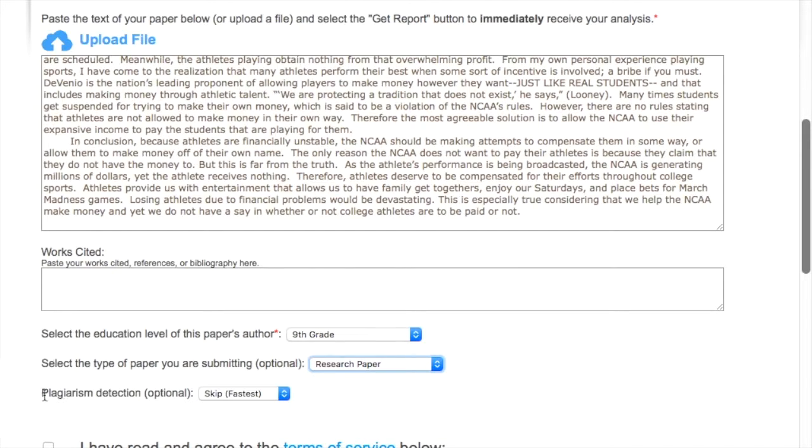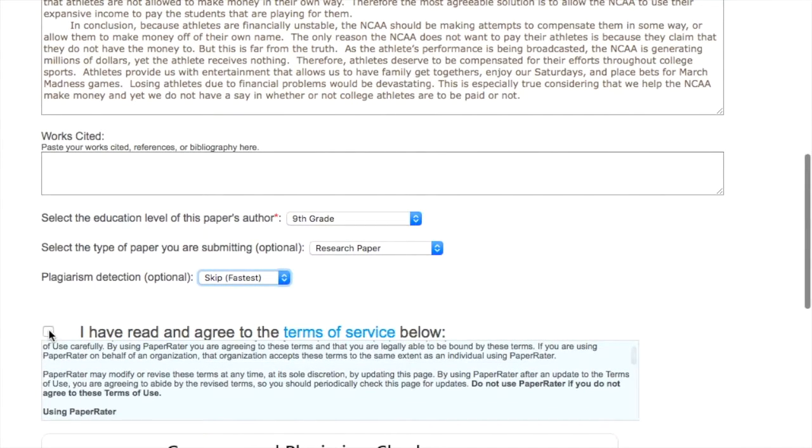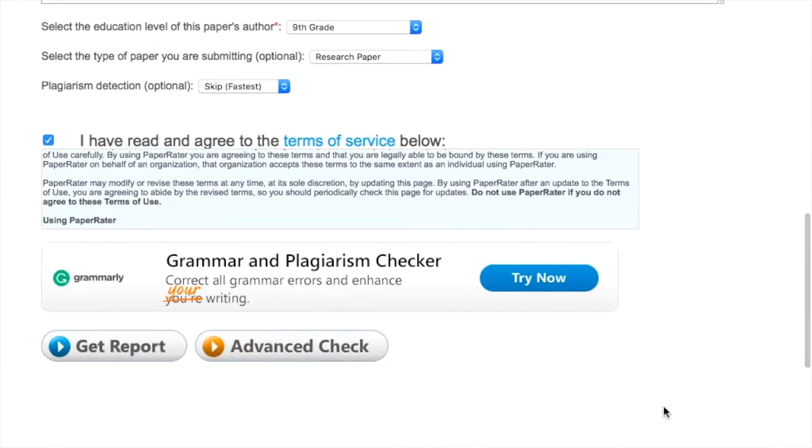And then right down here, plagiarism detection, optional. If you turn this on, it will actually go through your paper and look for things that were copied and pasted or not cited properly. It'll highlight it for you and tell you that that is plagiarized, so you can catch that plagiarism before you turn it in to your teacher. Now, for the purpose of this tutorial, we're going to leave it on skip because it really does slow it down when it looks for plagiarism, because it's trying to find whether or not you did not cite your material. So click on I have read and agree to terms of service below,